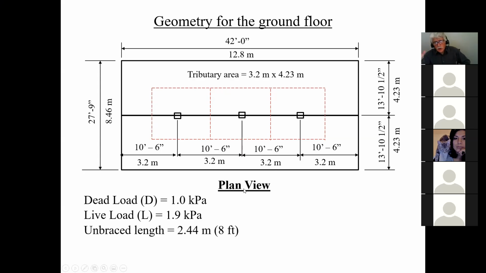So you always start with the geometry. Once I've established my geometry, then I worry about my loads, and of course the loads don't change. 1.0 kPa was our dead load, 1.9, okay? And now,